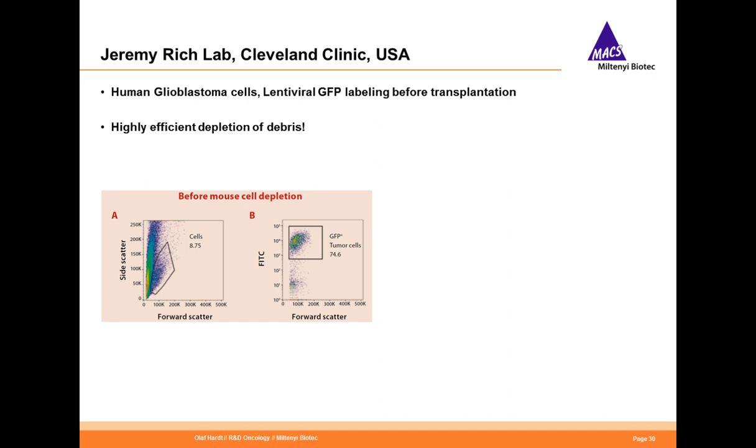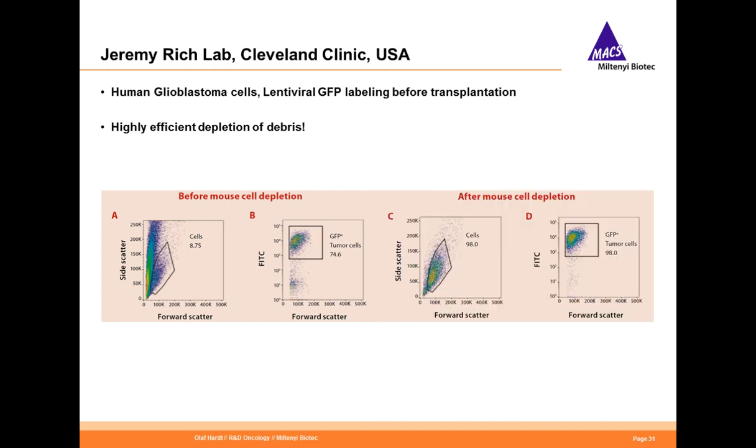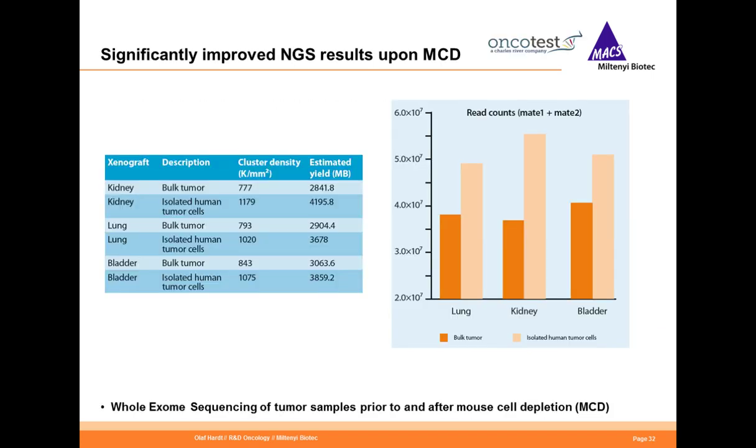So you see in A that the cells only make a minor fraction after dissociation. And then, of course, in B, you see the human tumor cell content. And now what you see is that next to depleting all the mouse cells, also in C you have really cleaned up your sample. So you have a significantly lower amount of dead cells and debris. And this is very surprising and, of course, very beneficial for a lot of downstream applications, including, for example, next